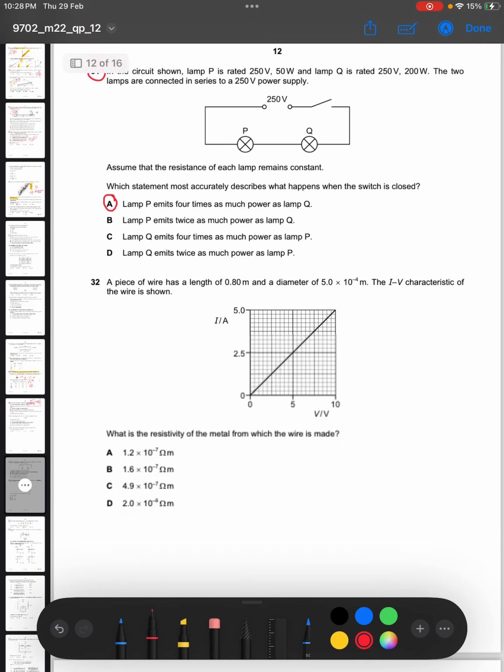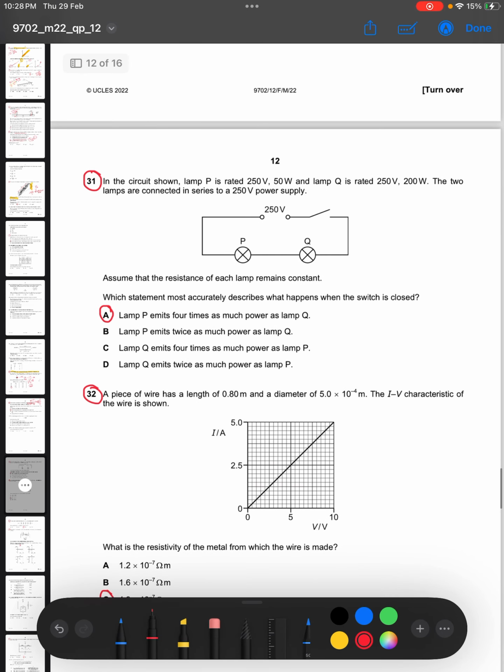Okay, the next question says, in the circuit